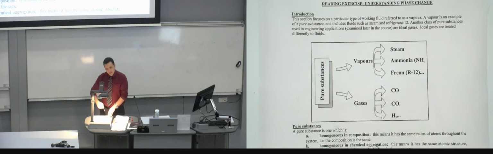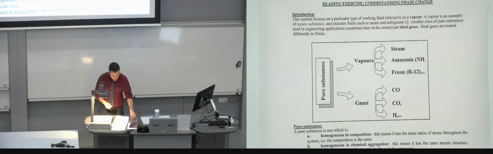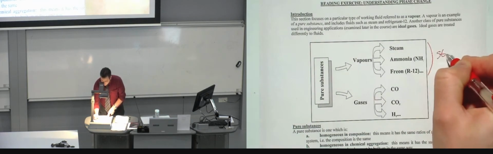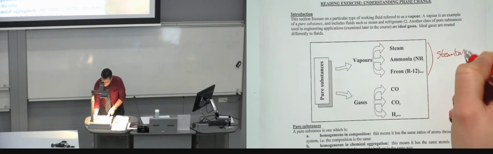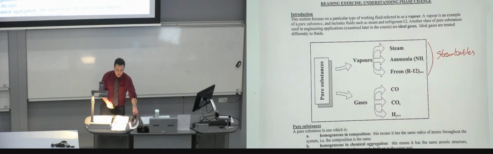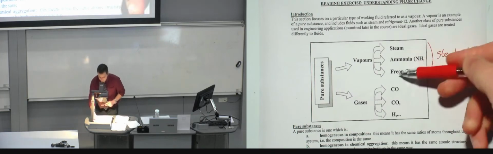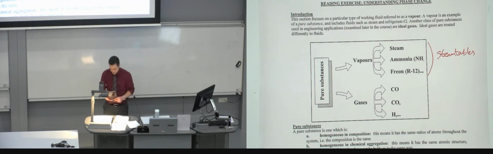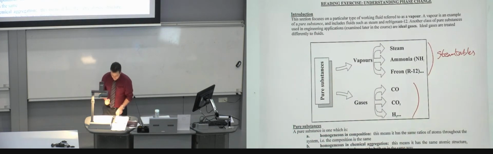As we'll see later, vapor is the one that is a bit more challenging. The reason is, and this is quite important, this category is the one that we use the steam tables for. So what you see here is for these three, or in fact you could have more, but these are the three most common vapors. For these three, you actually use the type of ideal gas laws that we have, and we'll come back to those